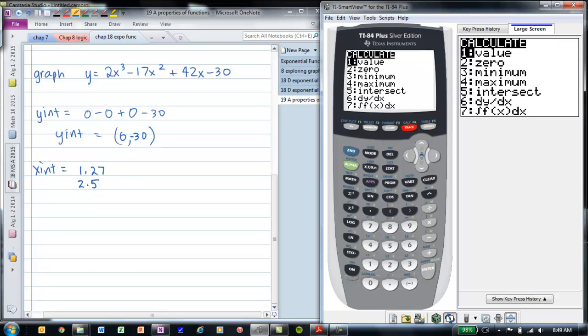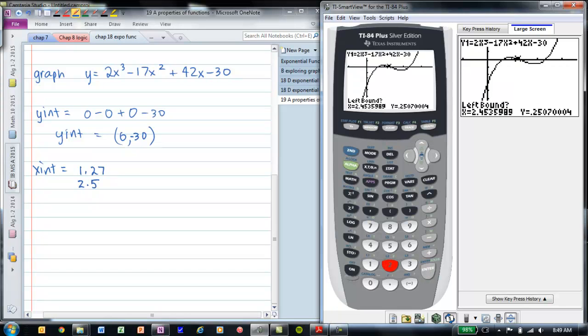Second, calc, 2, scroll over to left bound, enter, right bound, enter, my guess, enter, and my third 0 is